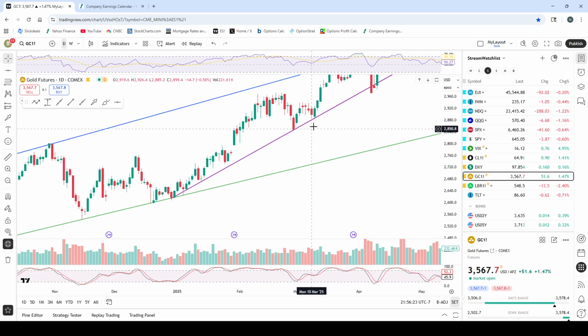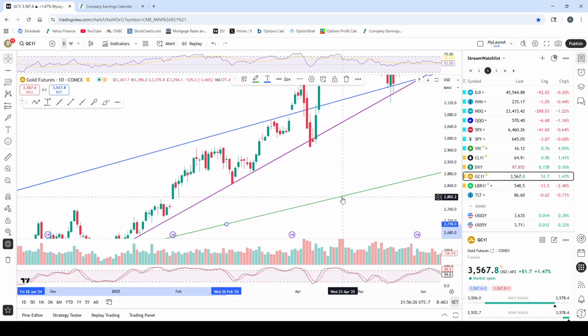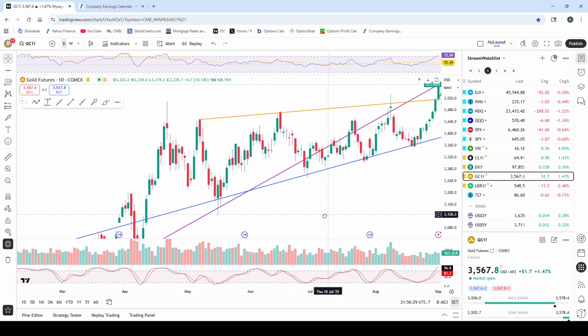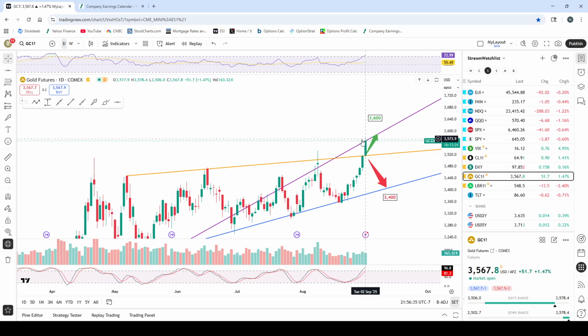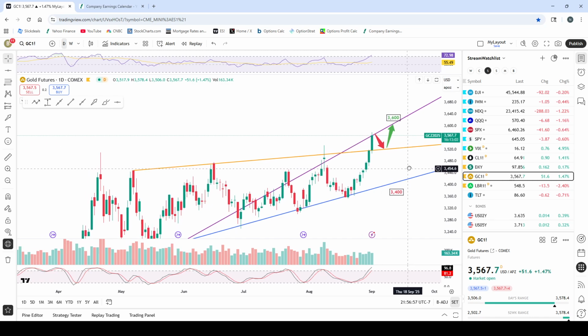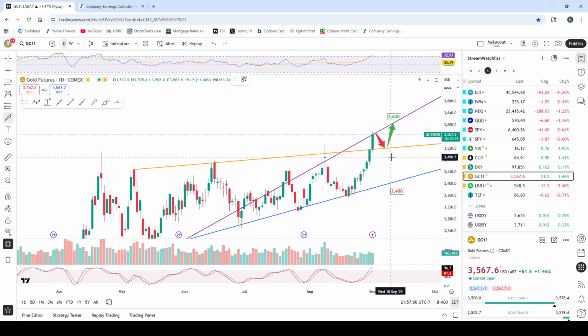However, back here we got the support, long-term support. Well, not that long, but about a year something support. And recently it became resistance. And look at it. It just touched it, right? So we might see a bounce, a pullback here, and then bounce again. Like this, right? But if the stock market is coming down a lot, people will sell